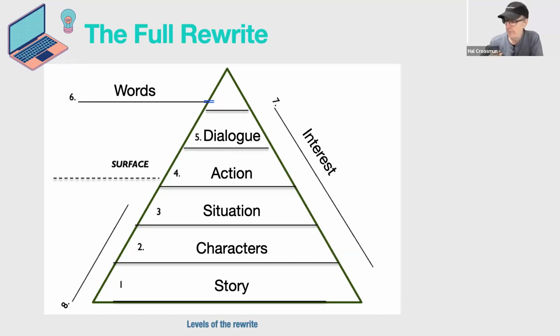And now we go to number 7, which is interest. This has become more and more and more important in this industry. If we back up to before people had cell phones, before you had basically the equivalent of a movie screen in your living room, before they allowed you to even see the movie until 3 months after it had been in the theater. If we back up to way back then, it was like we didn't have all these distractions in our life.